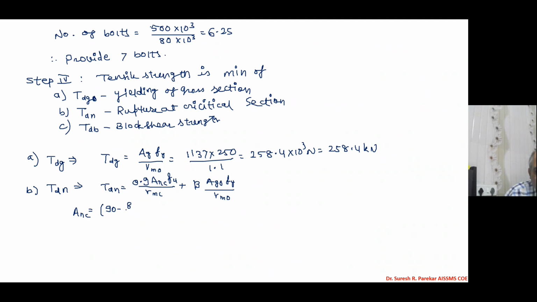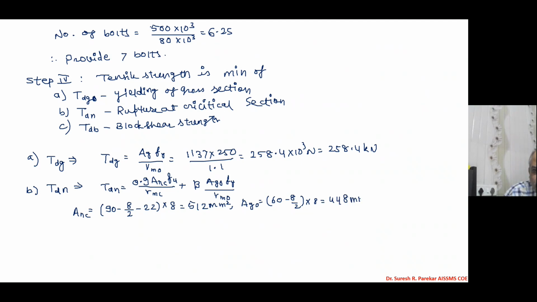So 90 minus 8 by 2 minus 22, the diameter of hole, into 8. So we have 90 minus 26 into 8, 512 millimeters square. AgO we have 60 minus 8 by 2 into 8. So we have 56 into 8,